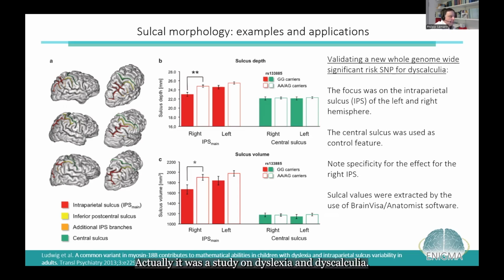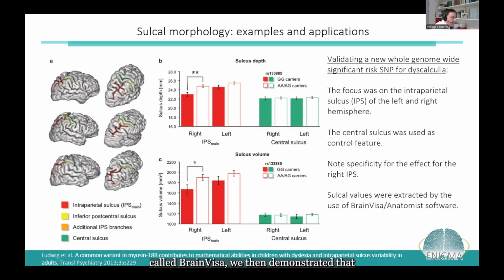Actually it was a study on dyslexia and dyscalculia, but in this analysis we focused on the intraparietal sulcus that is plotted in red in these 6 individual brain examples, and using a fully automated sulcus identification software called Brain Visa,